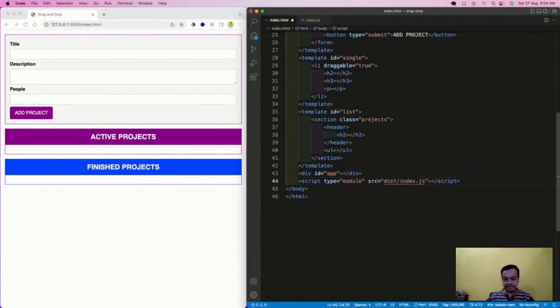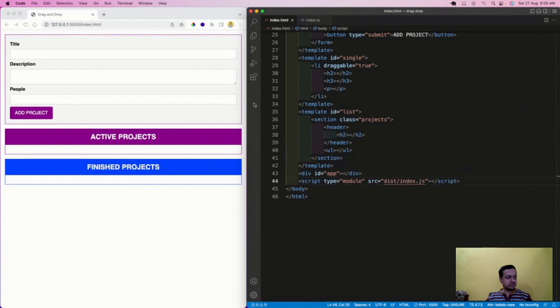Okay, so why did I make the type equal to module? I make the type equal to module because I want to use React kind of an import, or else what happens in a normal project, you have to use the Node.js kind of import, which is not very good. Okay, const something equal to that. So type equal to module I have done. Then